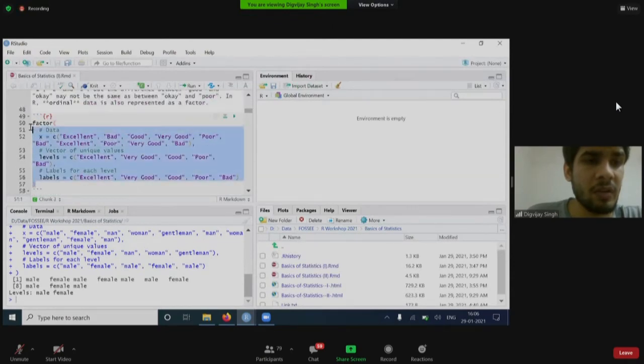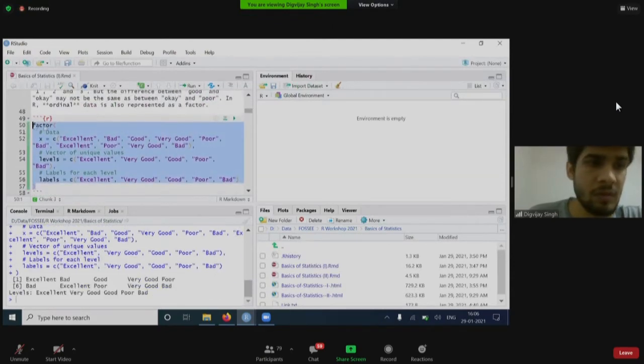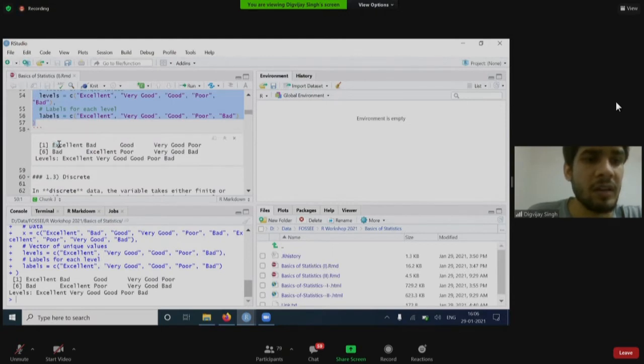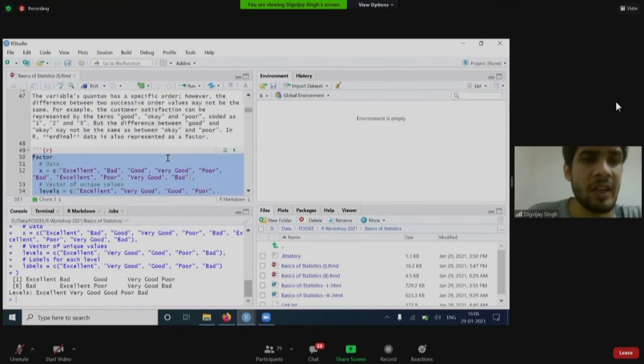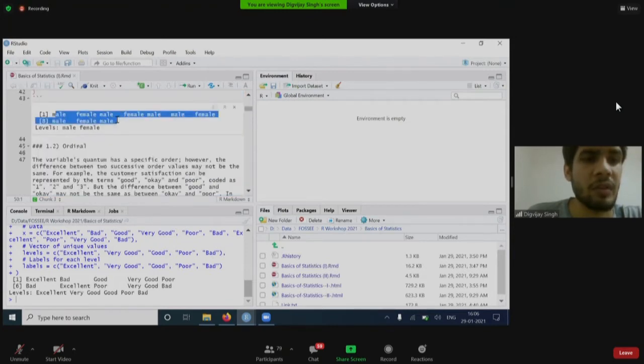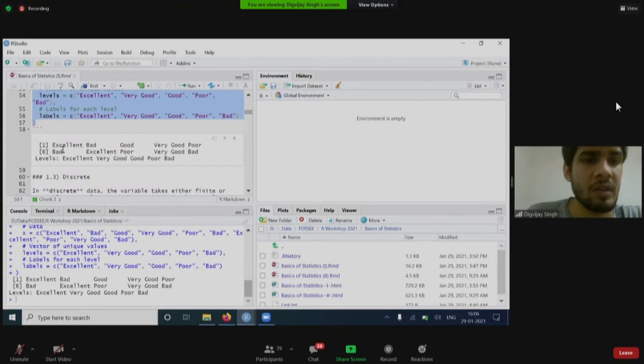If I run the code, you get all the character values and their levels. Here you can see there is an order, whereas above there was no order. But you cannot differentiate between the order of excellent, very good, and good.